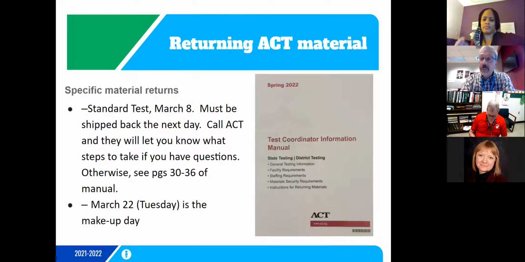Great question. Thank you for bringing that up. So once again, state testing. This is going to be true with Aspire as well going forward. ACT cannot be given virtually. It is an in-person test only. So those students who are at Madison Virtual in any kind of setting will need to be invited in.